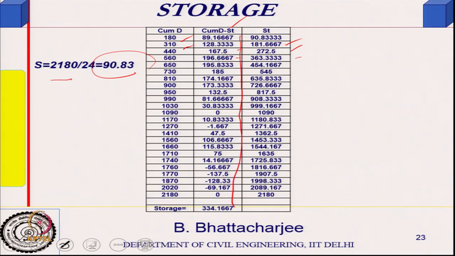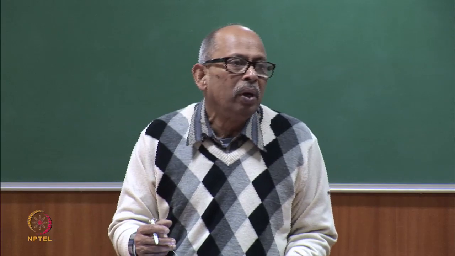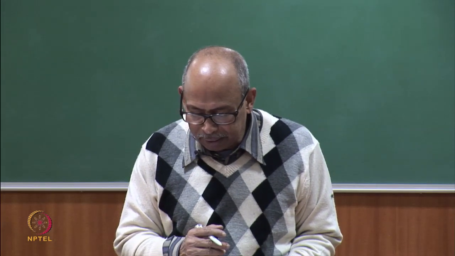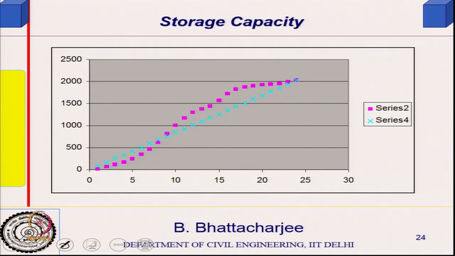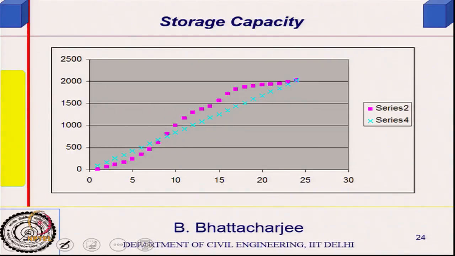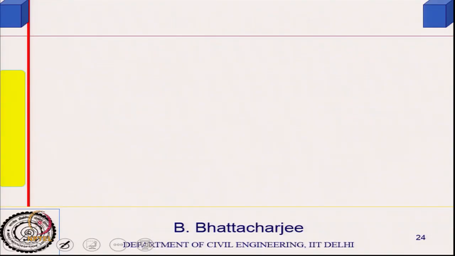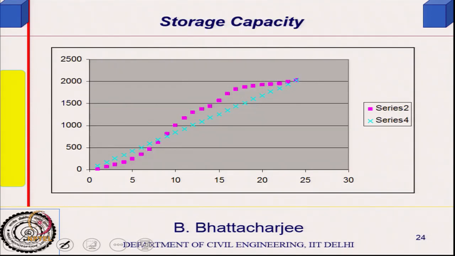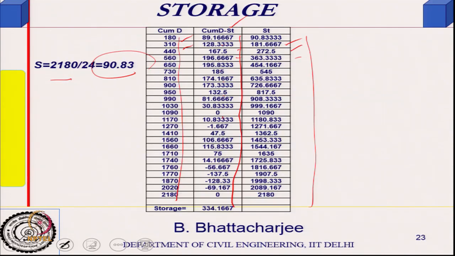Now, the difference takes positive values, then negative values as well. Find out the maximum positive value and the maximum negative value. The absolute value of that negative value, added to the positive one, will give me the storage capacity. Or you can plot it in this manner also. If you plot these values, they would appear like this, finally they would match, and the maximum gap will be here somewhere and here somewhere. So, therefore, you can calculate this.